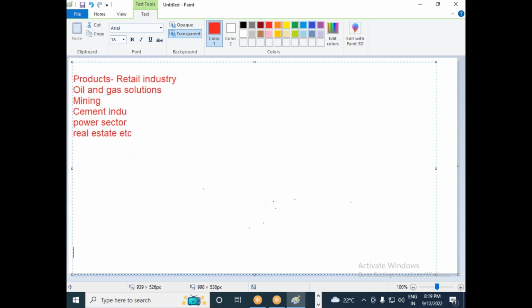Then we have the advantages of SAP, right? You have Oracle and JD Edwards in the market, but we also have SAP as a software available in the market. There are various advantages of SAP compared to other software. We will discuss the advantages in our coming sessions, but in this session I am trying to concentrate on SAP Materials Management, and where exactly it is supporting.